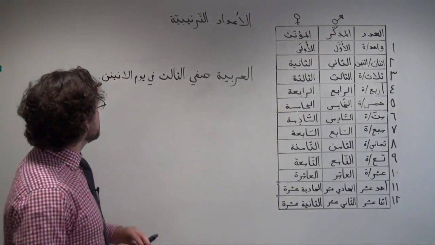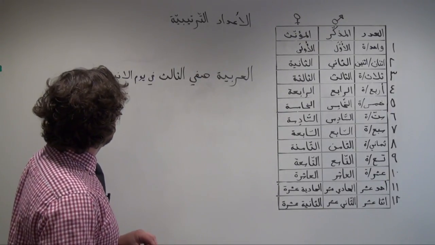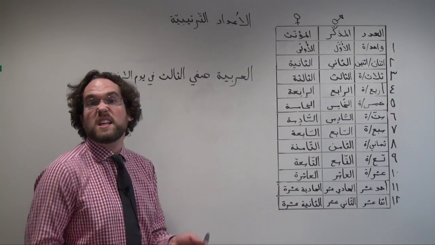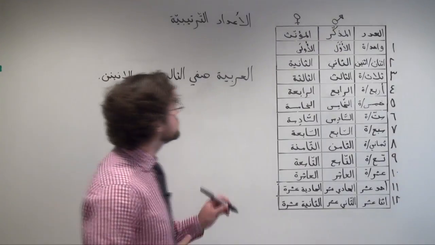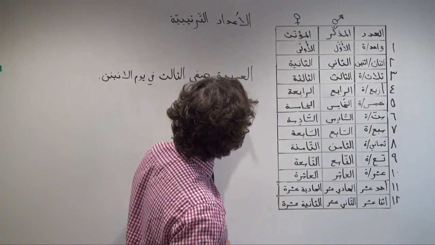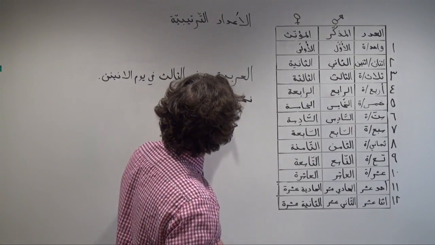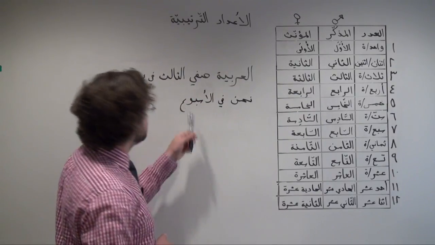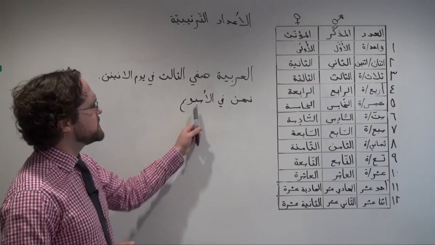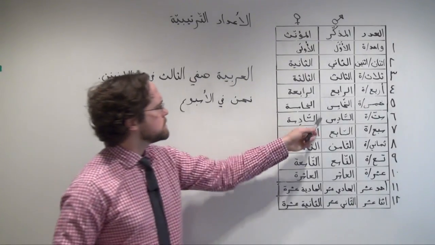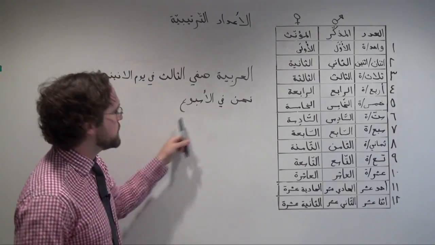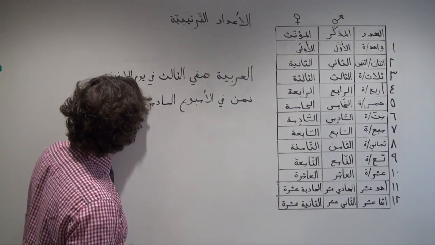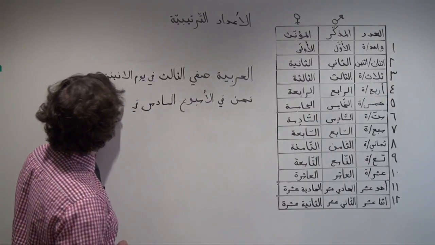Or, for example, if I want to say this is the 6th week, or we are in the 6th week of this semester, we could say نحن في الأسبوع, أسبوع, week. Okay, so I want to describe it as the 6th week. الأسبوع, again, أسبوع is masculine. We don't have a ta marbuta. So الأسبوع السادس في هذا الفصل الدراسي.